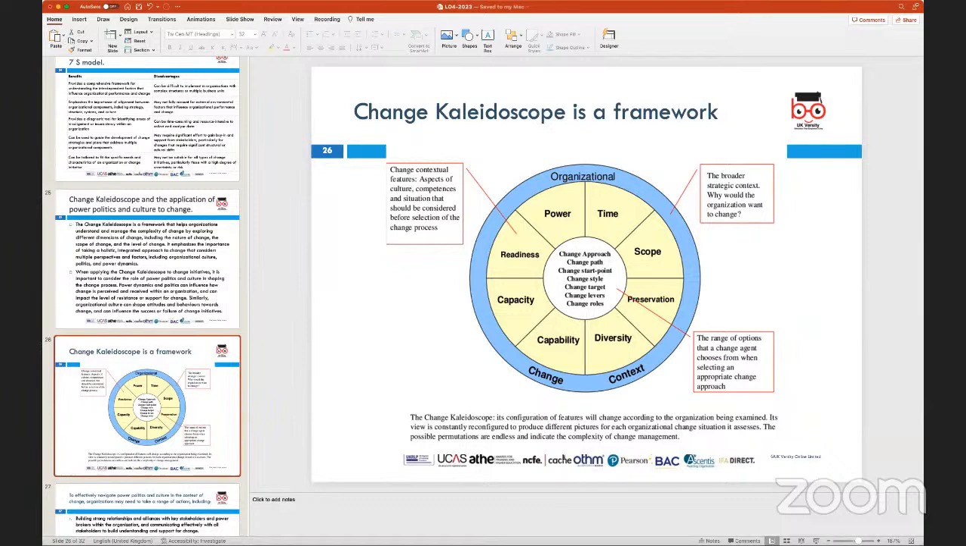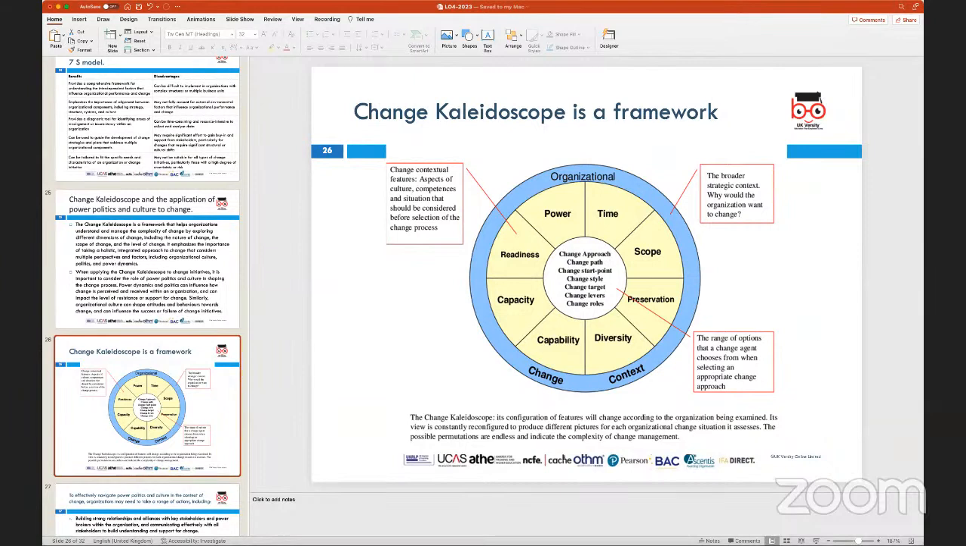So this model tends to be quite a valuable tool for leaders because it helps them navigate this complex process of change by breaking it down into three parameters, and the three parameters can be broken down further into power, time, scope, preservation, capacity, capability, diversity, and readiness. So again, this is one of the models which can be used by you to bring across change within the